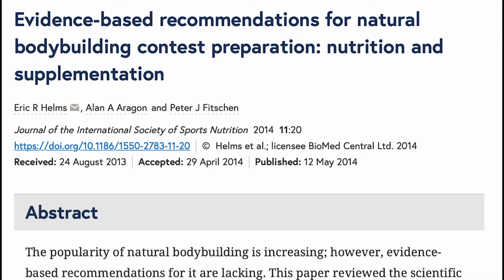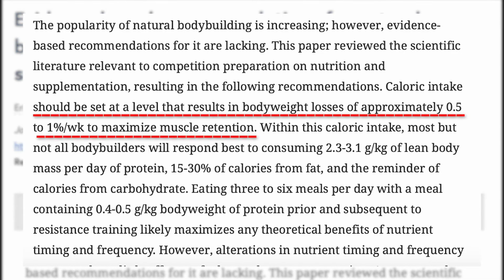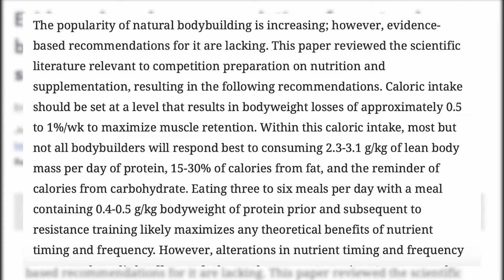Eric Helms in 2014 gives practical recommendations for macronutrients. Your caloric intake should be set to lose 0.5 to 1% of your body weight per week. This can go up to 1.5% for individuals with more body fat, and these ranges are given to maximize muscle retention. Given this caloric intake, most bodybuilders responded best to a protein range of 2.3 to 3.1 grams per kilogram